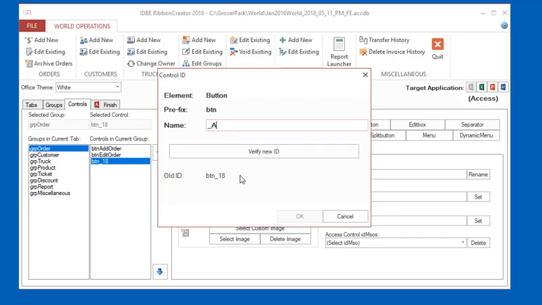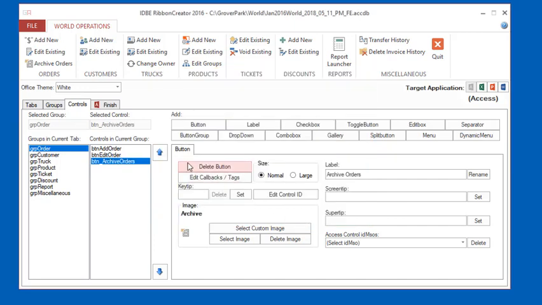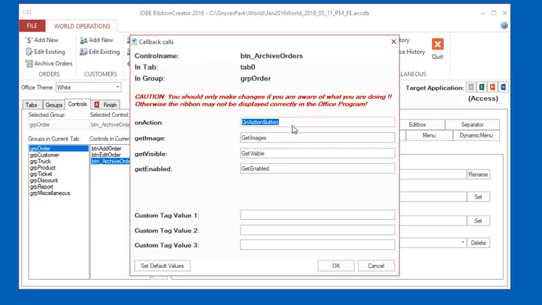Give it a new name reflecting its new function, which is Archive Orders. Verify that it's acceptable to the XML. And if we get it to accept that, then we click OK. And now we have a new button called Button Archive Orders that right now has default code. The On Action button is the default callback that is supplied by this tool